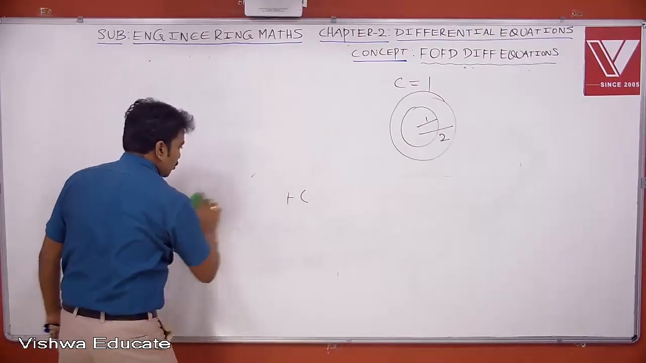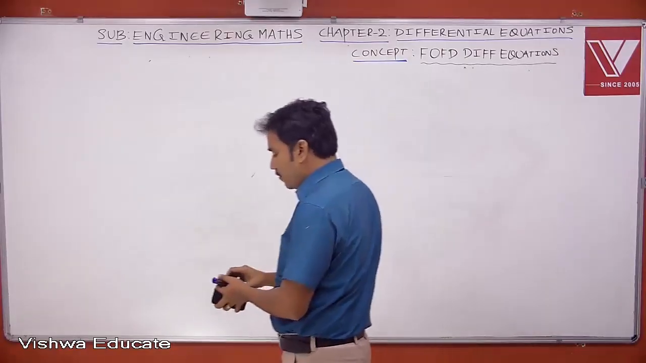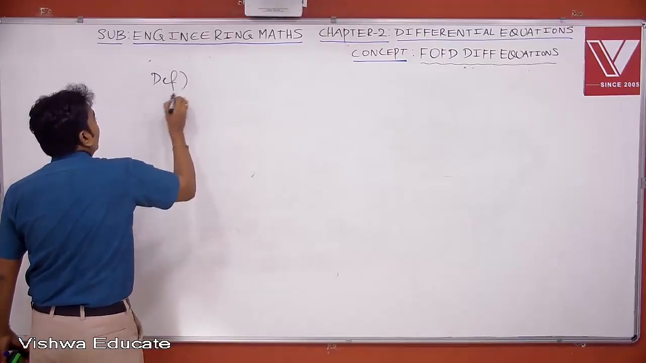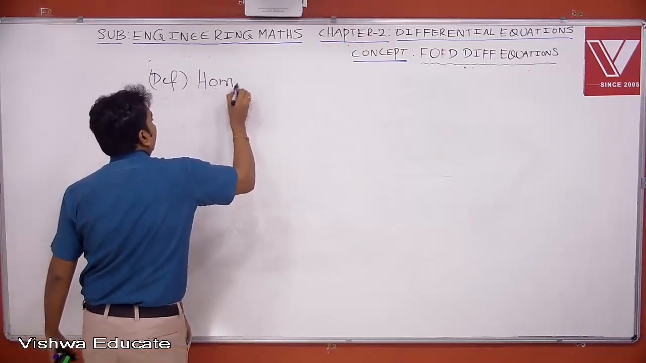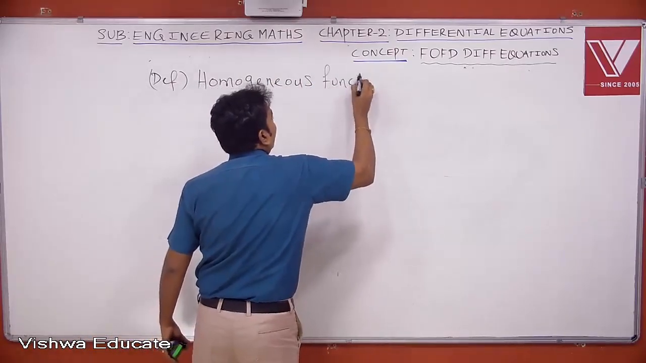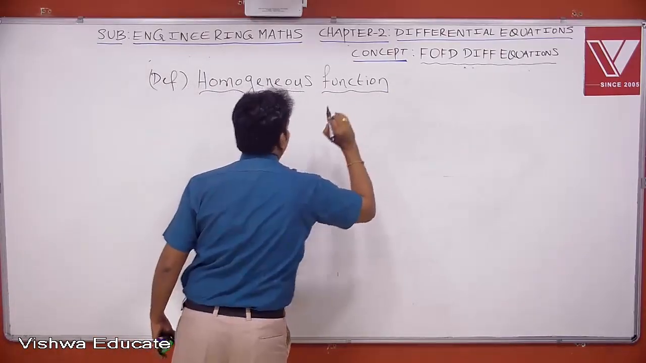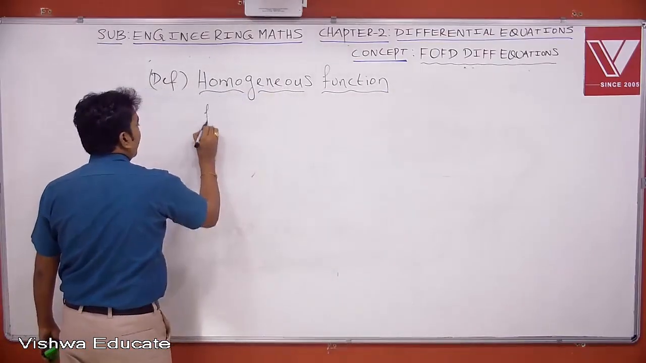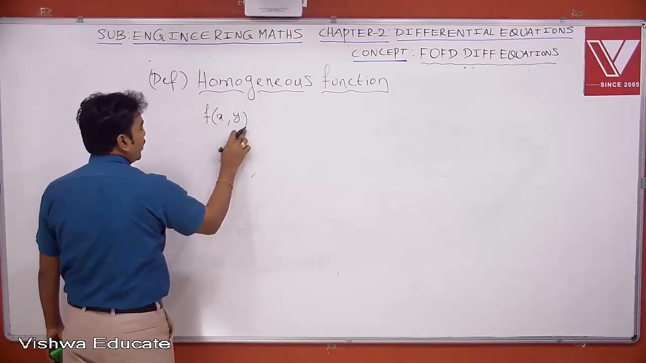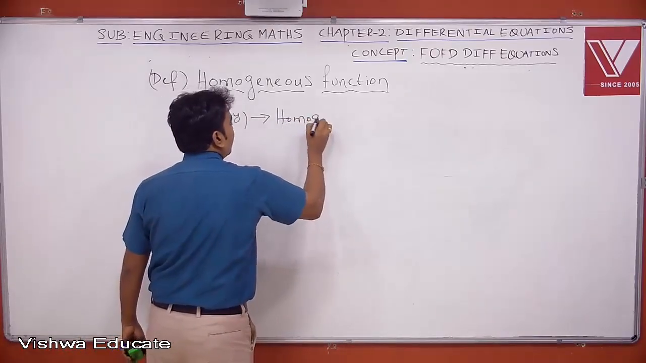Now to discuss method 2, we discuss one definition. That is the homogeneous function. Suppose we have a function f in two variables x comma y. We say that this is a homogeneous function